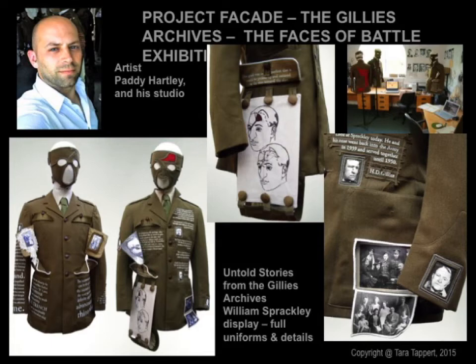Using vintage uniforms as the canvas and embroidery as the means of conveying newly discovered stories about the pre- and post-operative lives of the men, Hartley used the fabric and stitches on the uniform to call to mind skin, tissue, and surgical stitchery. Research in the National Archives queue and information from the descendants' family enhanced the findings Hartley unearthed